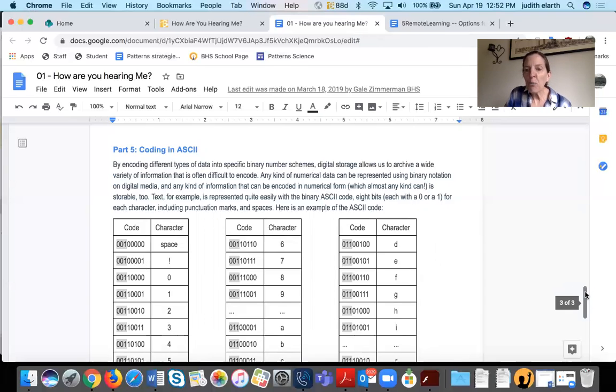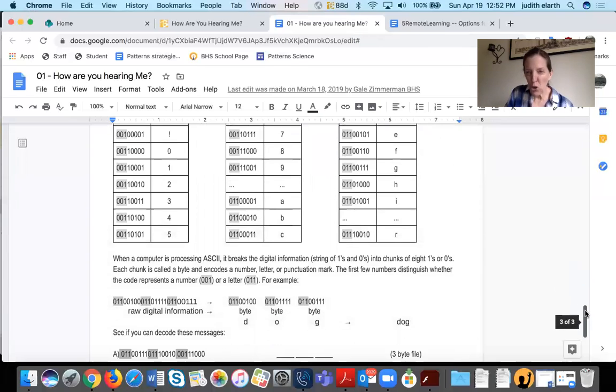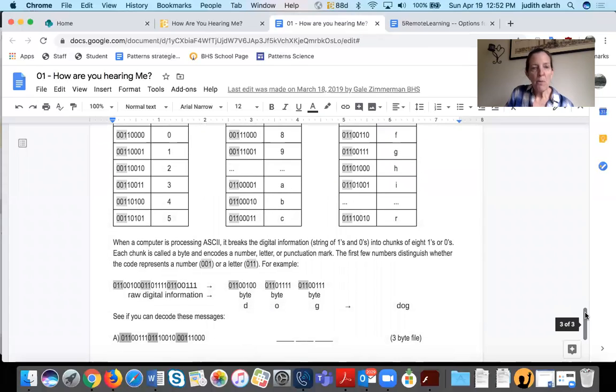It's hard for people to do, but computers are so good at reading this. So this part says with ASCII, it breaks it into 8 bits, and those 8 bits, either ones or zeros, represent a number, a letter, a symbol, all sorts of things. And so a computer gets this, all those numbers strung together.